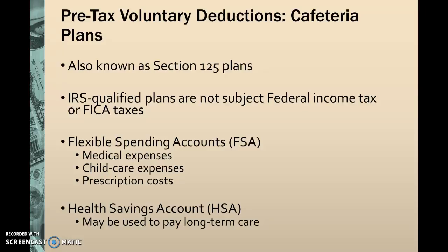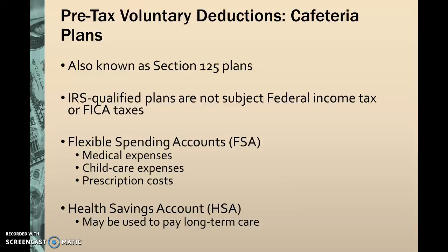Some of the cafeteria plans are flexible spending accounts, where you can have money taken off your checks pre-tax to help pay for medical expenses, child care expenses, and prescription costs. One thing to keep in mind is that you do have to have receipts in order to justify the amounts that you want to take out of your flexible spending accounts, because you must use that money up within a